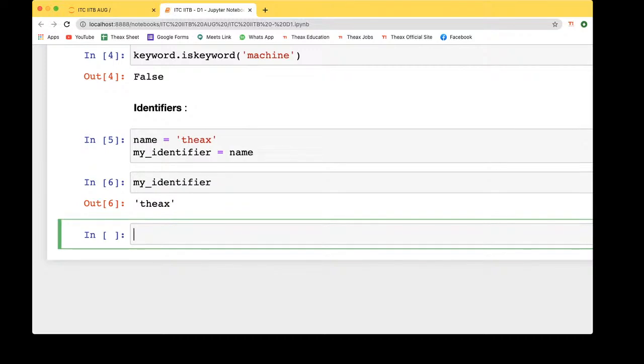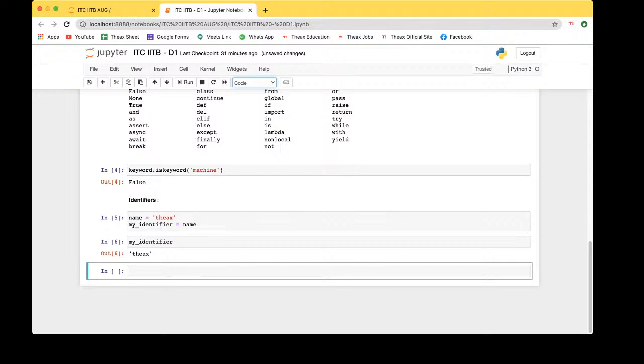See, guys, you press Escape. If you want line numbers, press Escape and then press L. You will get line numbers in your code. If you want to remove them, press Escape and then L again, and they will be removed. Now if you want a heading, you have to change your cell from code. You can see there is code, markdown, NBConvert, and heading. To make it a heading, you have to remove it from code and mark it as a heading. So instead of doing it from there, press Escape and press M.